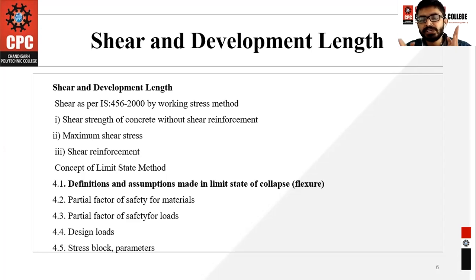Okay, so I hope most of the introduction part has been covered. The shear force, the development length, the working stress method, and the limit state method have been covered. And the various topics: what is reinforcement, what is concrete, what are the various grades of concrete, why we use M15, M20. What is M? M means the mix of cement, sand, aggregate, and water. And what is the number? The number is the strength. Like M15, 15 is the strength, that is 15 Newton per mm square, and M is for the mix. I hope you must have cleared all these things.